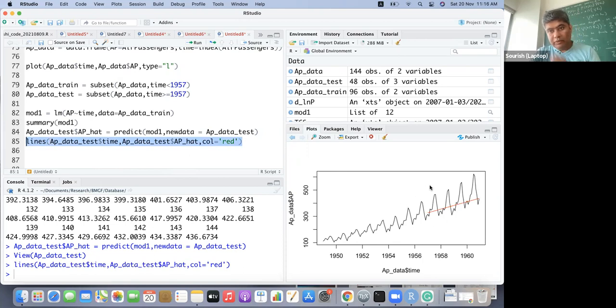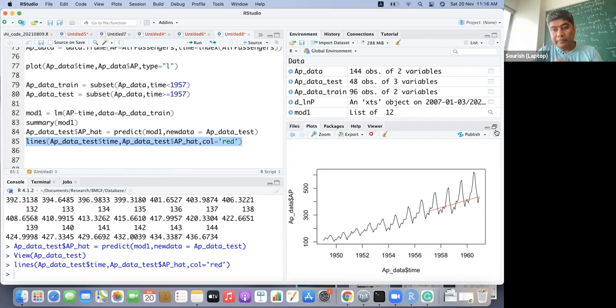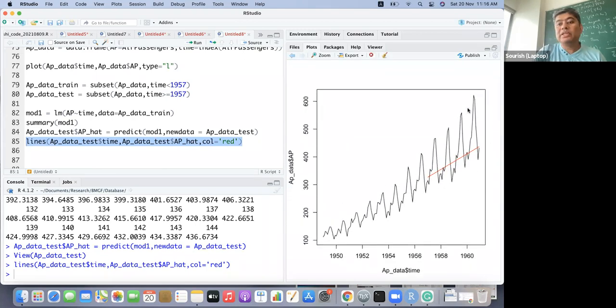So this is the prediction line. Okay. So this is the prediction line, and we are trying to get the things correct.